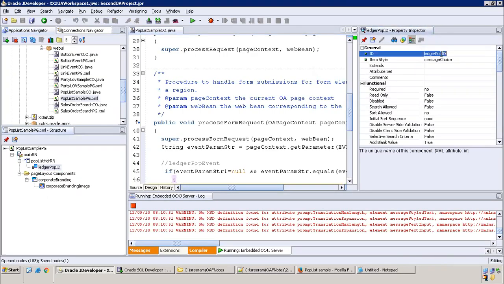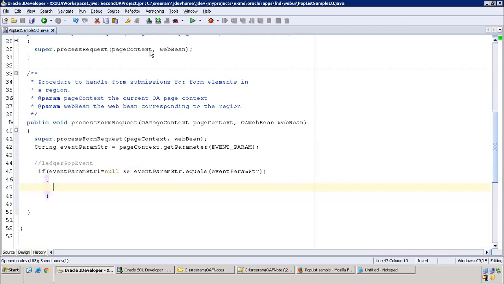So just copy this ID, and now string str is equal to page context dot get parameter.